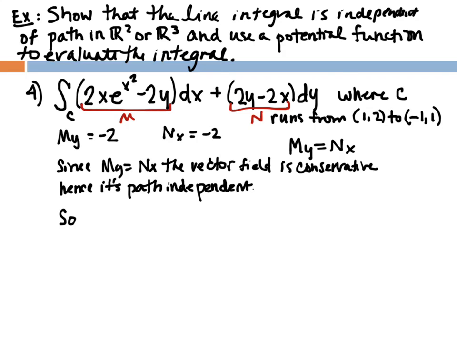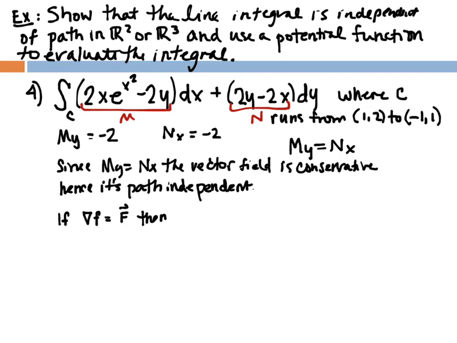So now what? Well, what that means is that we can try and find that potential function, right? So it says if it's path independent, then we're going to use a potential function to evaluate. We had a theorem about this potential function. The evaluation we haven't done yet, but the potential function part of this we have. So do you remember what we do to find a potential function for this? If you don't, it's okay. So we start out by saying if the gradient of f equals our vector field F,